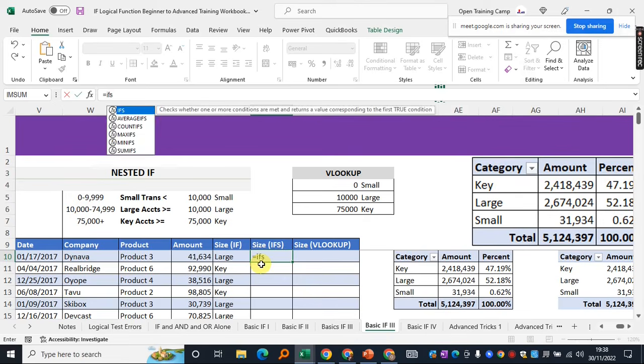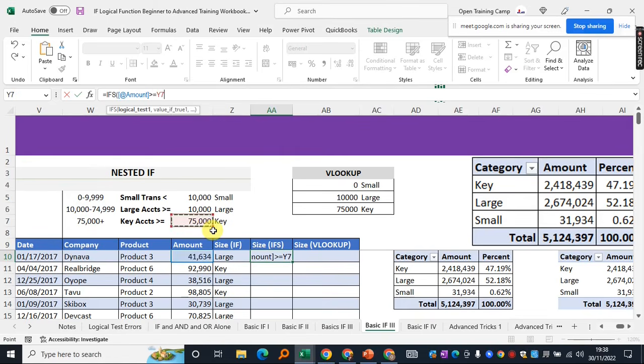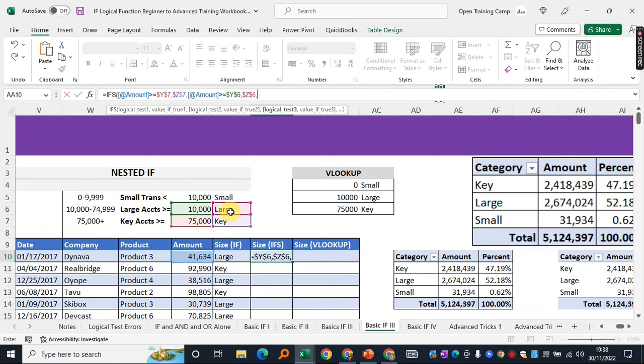I say equals ifs, and I test, is this value greater or equal to 75,000, which I will lock. Value if true 1, of course we need this categorization. I'll also lock it up. The second one will be, we are testing this amount once again. Is it greater or equal to 10,000? I lock it up once again. Value if true, our second value if true, of course, will be this categorization right here, which I also lock. And now, because the ifs function does not have the value